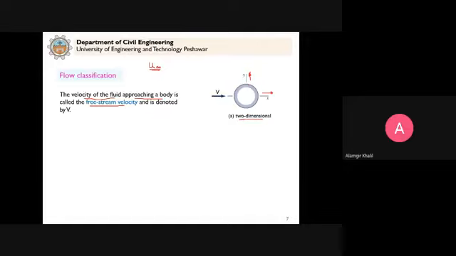Clear? So in that context the different books denote it by capital U or u with infinity. Clear? So this is the reason, but it will create confusion because